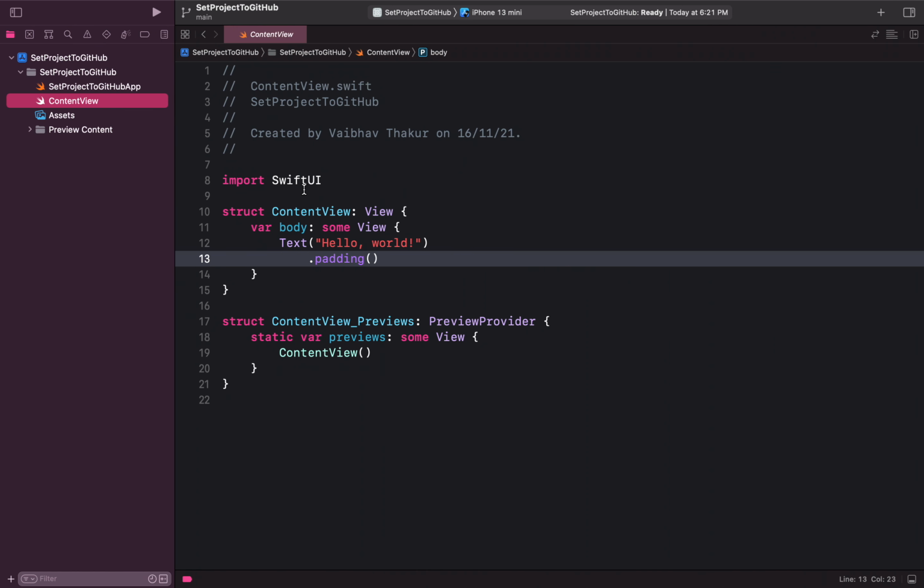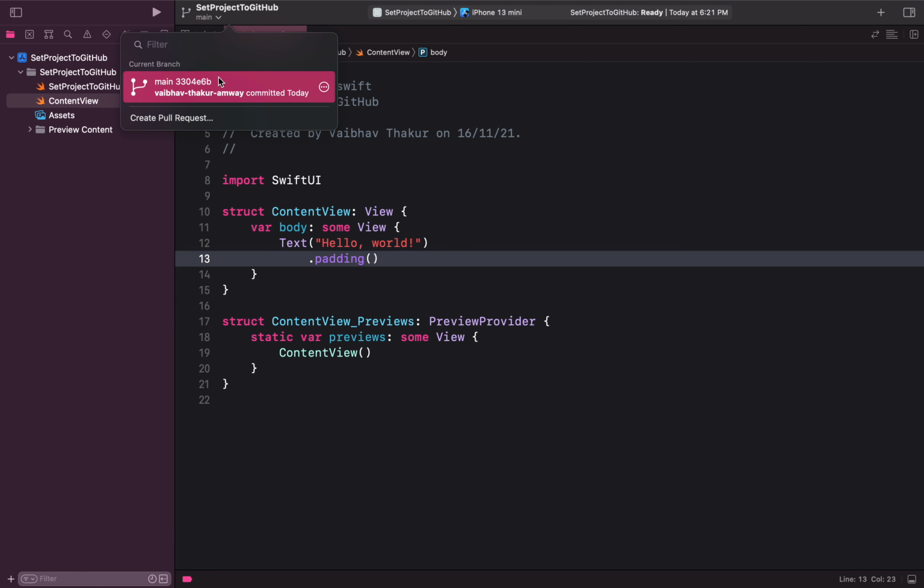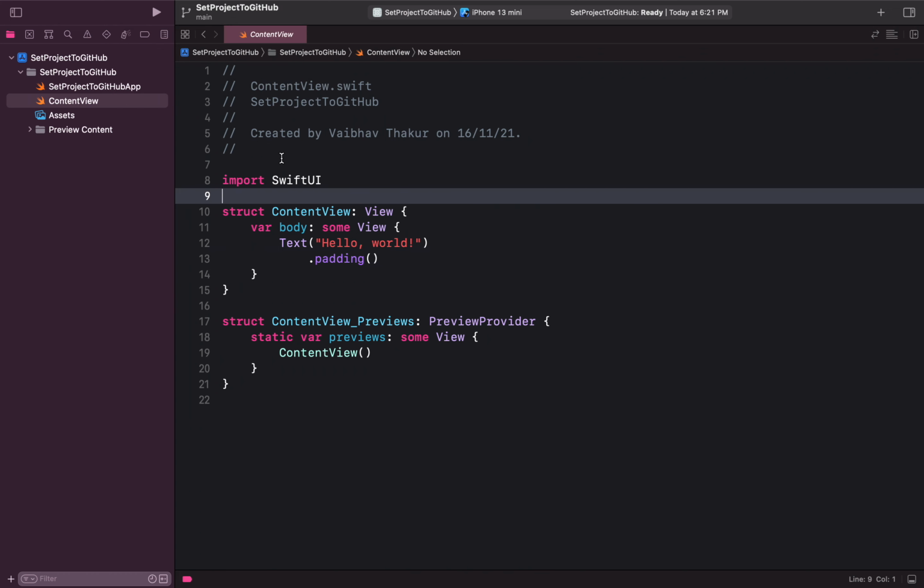Before doing that, right now, as you can see, we are on the master branch, or the main branch altogether, we can say. To do this, we need to change our branch. We will do this on a separate branch, and then once it is done, we'll merge that branch to our master branch.